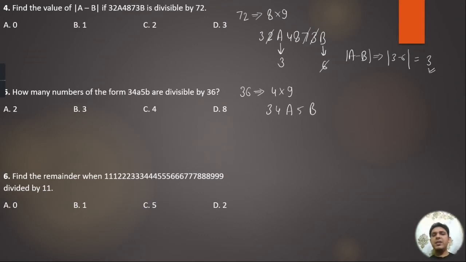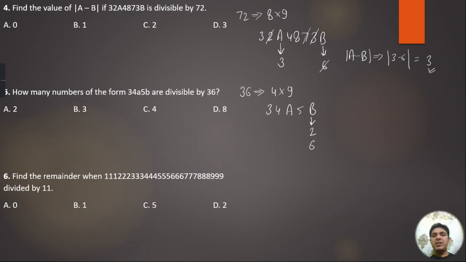First check the divisibility by 4. If we check the divisibility by 4, then the possible value of b is from the last two digits and remainder. 4 1 is 4, remainder 1, and 4 3 is 12. That means if we put the value of b as 2, the number will be divisible by 4. As well as 4 4 is 16. That means if we put the value of b as 6 here, we can get the divisibility by 4 also.